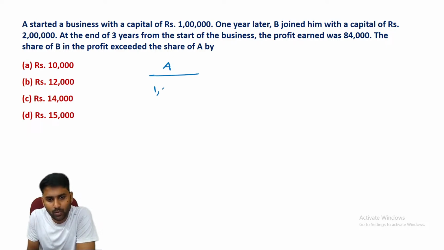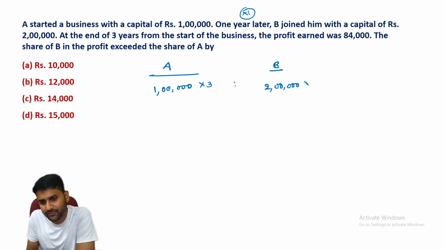A invested 1 lakh, and 1 year later, so B was not there for the first 1 year, B joined with a capital of 2 lakhs. Here A was there for all the 3 years and B was there for only the last 2 years. So if you go through the cancellations, you will get the respective ratio of profits in the ratio of